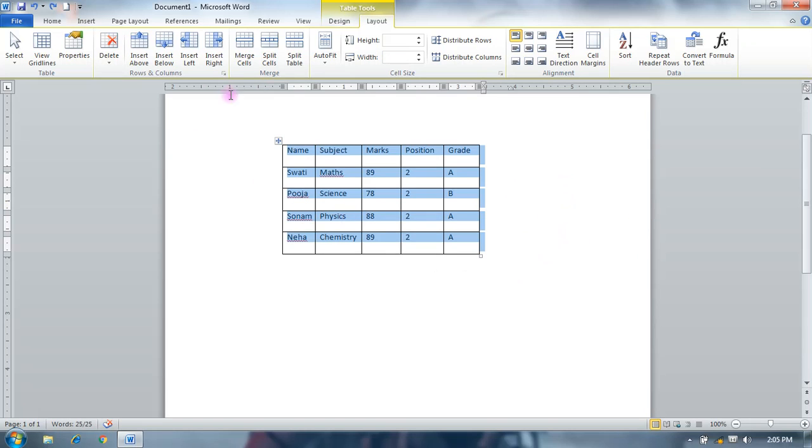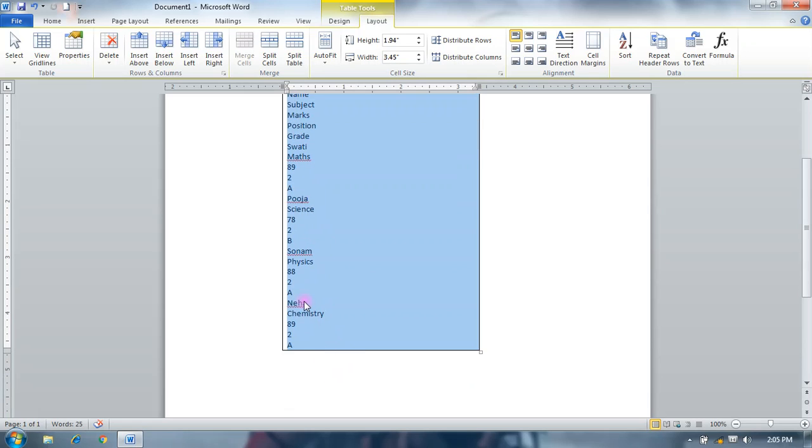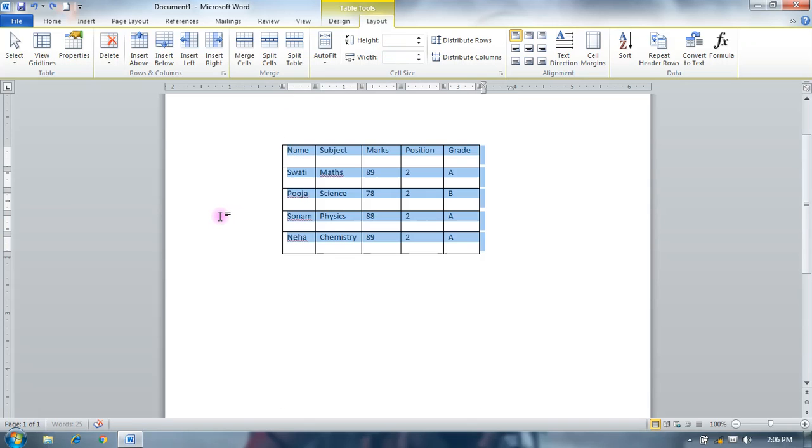Okay, merge cell. Merge means combining two or more cells into one cell. So it merges all the cells. Again, you can use Control Z and get your previous table.